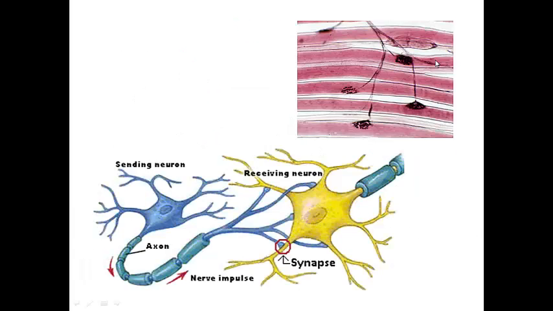This is an actual histological slide of muscle tissue with synaptic knobs embedded in it. So here's a synaptic knob, here's a synaptic knob. You can see a few more. And those synaptic knobs are creating a synapse with a muscle fiber, a muscle cell. In this cartoon picture, what we see is a synapse between one neuron in blue and another neuron in yellow. The neuron in blue is the presynaptic cell, and the neuron in yellow is the postsynaptic cell. Over here, the presynaptic cell is a neuron, but the postsynaptic cell is a muscle fiber, a muscle cell.